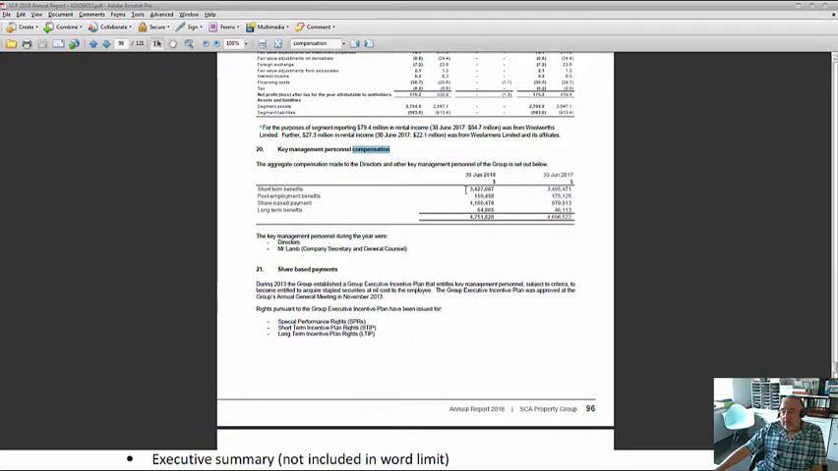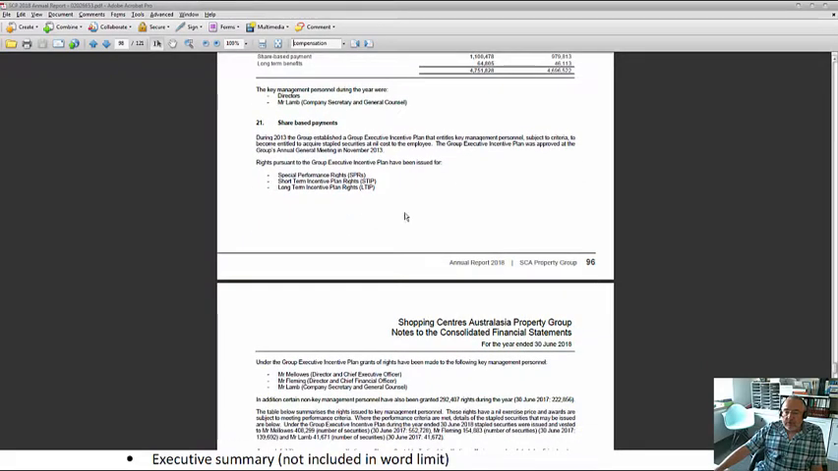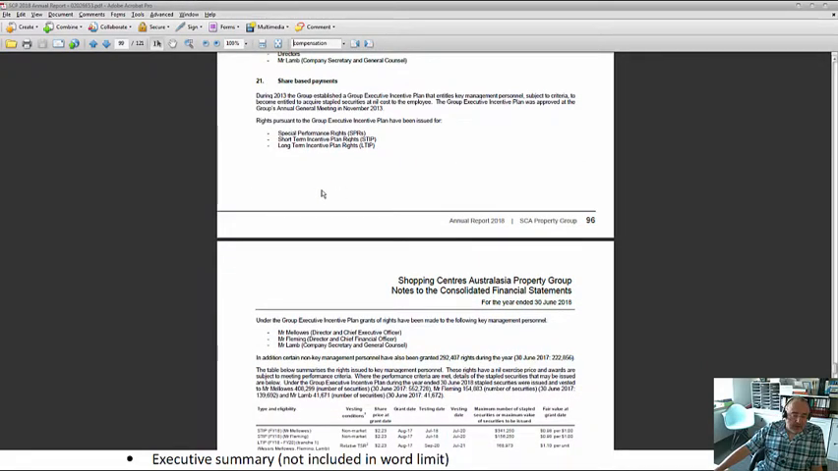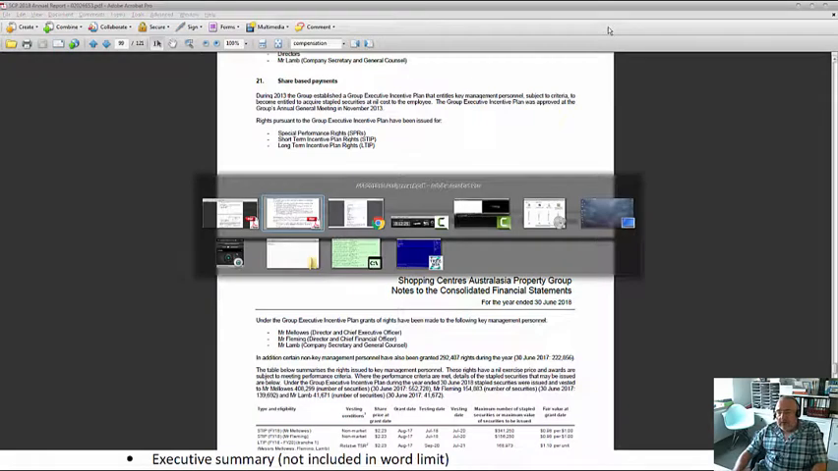Okay, so some of it's short-term benefits, that's likely to be cash. Post-employment benefits, that's probably pension plans. But look, they're getting a chunk of shares, share-based payment, and I'm not sure what the long-term benefits are. So there's a little bit more disclosure in the next note about share-based payments. So coming back to the assignment,